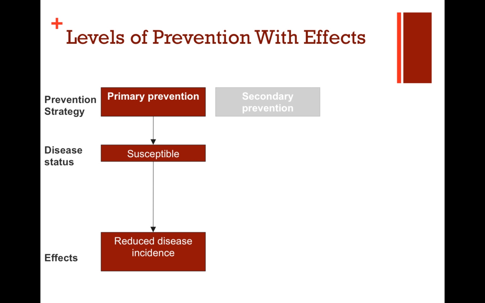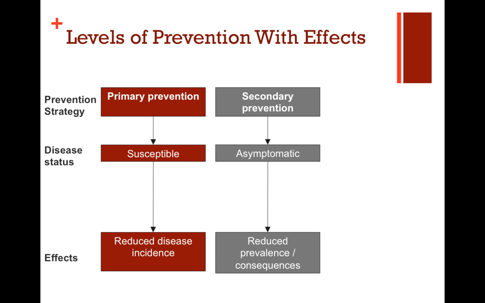The next level of prevention is secondary prevention. In this type of prevention, we're taking individuals who have an illness, who have a condition, but who are currently not yet showing symptoms. And the idea is we want to find the disease before they start showing symptoms and attempt to treat it and hopefully eliminate it. So an example of this are most of our screening practices.